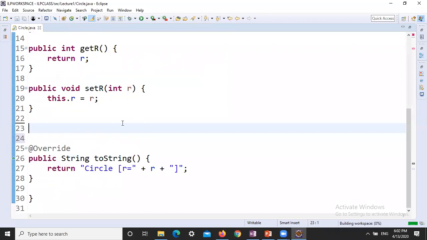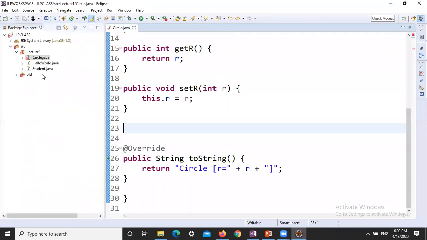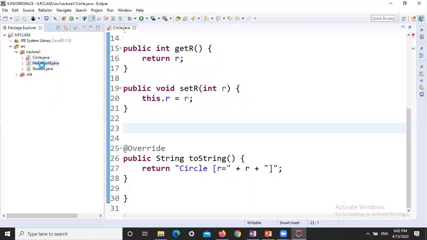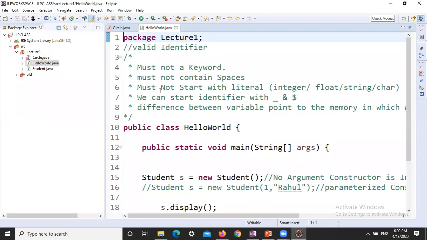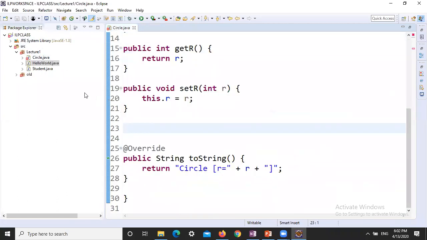Now we have one example main continuing. Now I am going to create one more class. The class name is